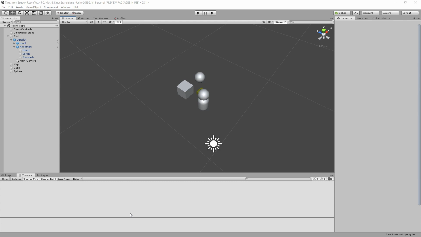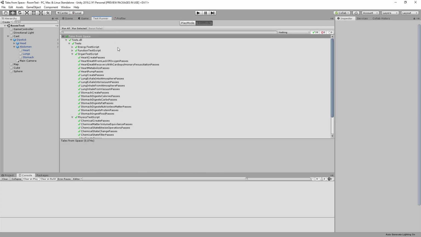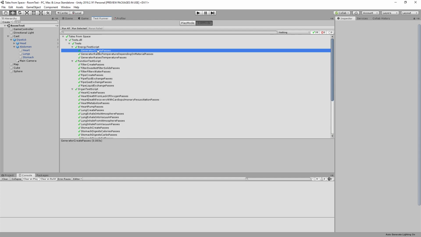I haven't done one in a while because I've not completed any systems, which means I don't really have anything to show that I'm particularly proud of. But there is a lot of unit tests, and one of the things that I'm working on right now is generators because I'm working with energy now, and I was going to work with a actual big generator. But I ran into a problem of scope because I wanted